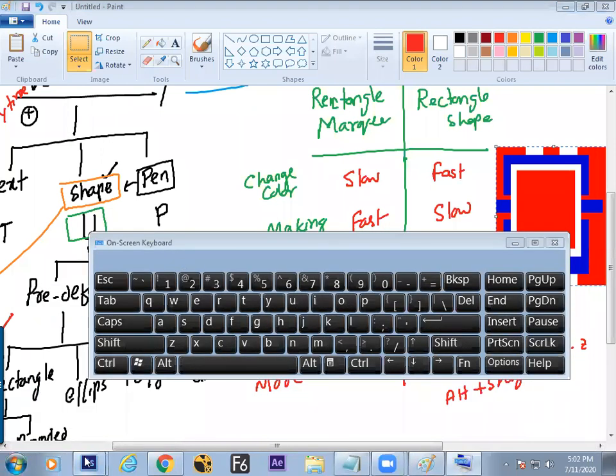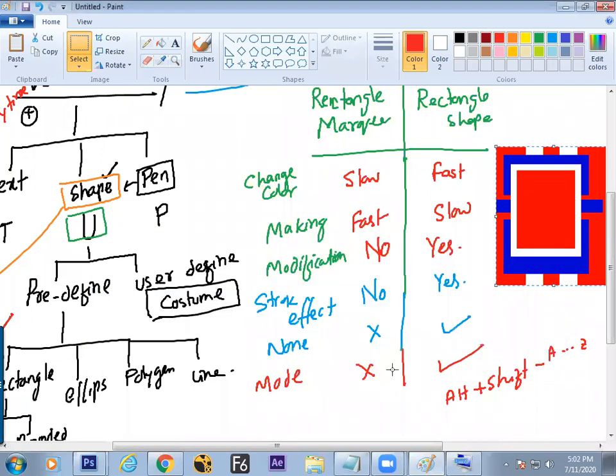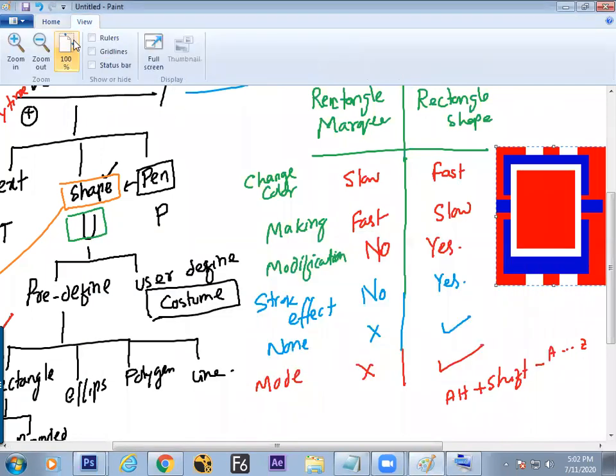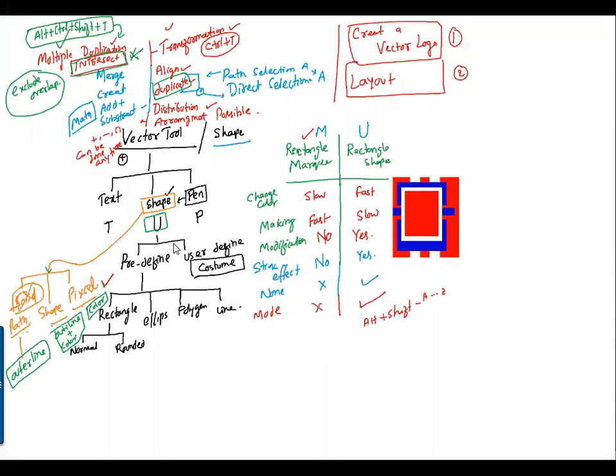Fine then. So hope we have understood the things. Now the summary of the class on screen. We have started with what is called vector concept. Till now we are dealing with rasters, and who are there to make the vector shapes in Photoshop: text, shape, and pen. Again, shape is divided into predefined shapes and user defined.